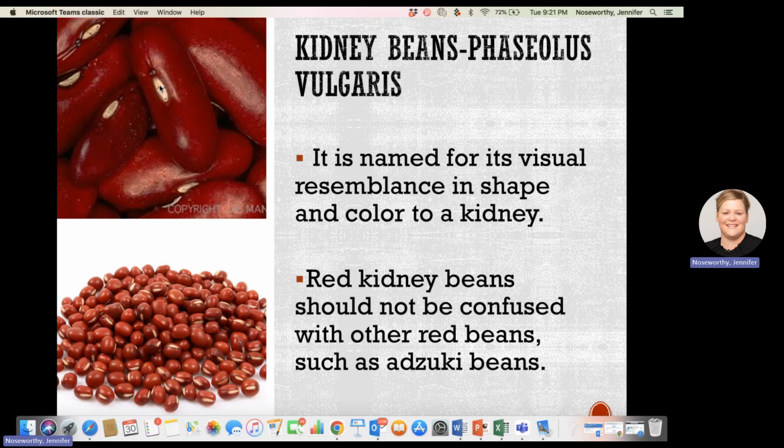And basically, this is where the seed attaches to the ovary wall. There's like a little tiny stem that attaches them, called the funiculus, and the hilum is like a scar that's left behind. And that's a really good way to tell what species you have, by just looking at the color and the shape of the hilum.